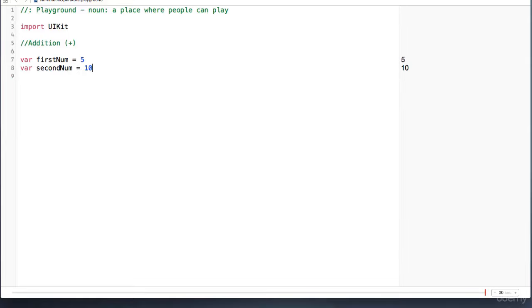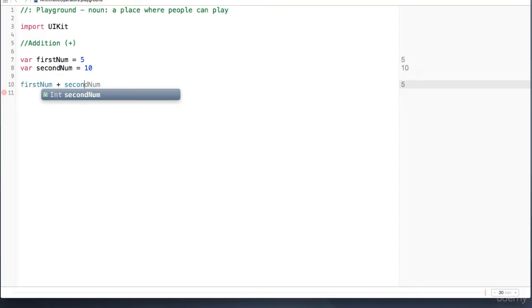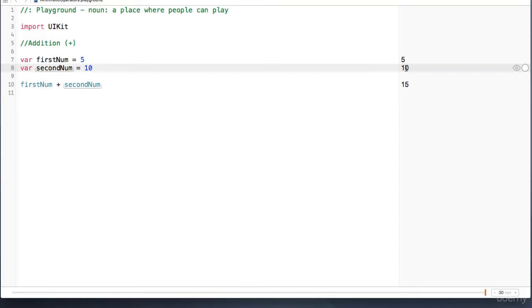Now that we have that, in order to add those two numbers, we can just say first num plus second num. And as you can see right away here, it says 15. Why? Because 5 plus 10 is equal to 15. The other thing we could do, since you know a lot about variables now, is create a variable which will hold the sum of these numbers, right? So we can say var sum is equal to that, and then we can print it using our print